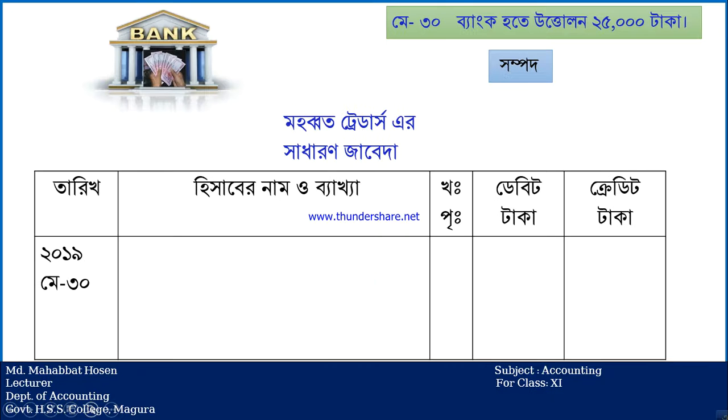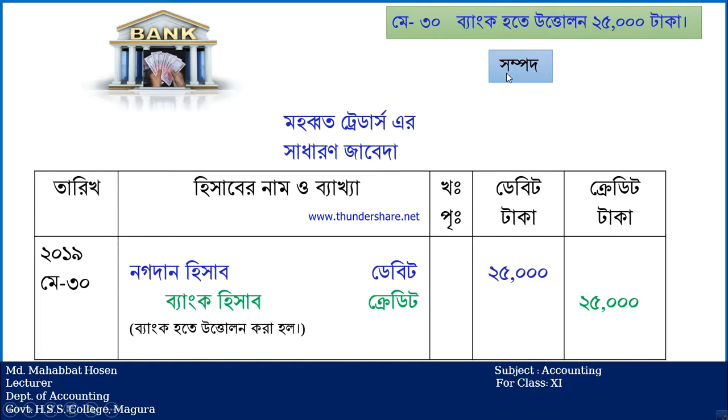Okay. And last items of account, some transaction. On May we have to draw 25,000 taka from bank, and it is an asset. As assets has come, as cash has come to the business, so